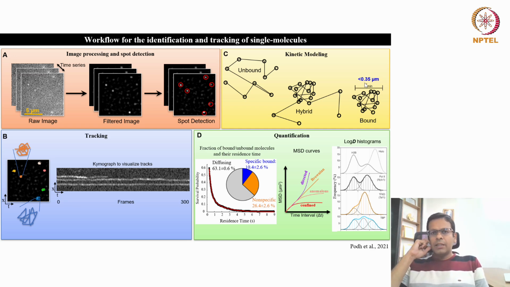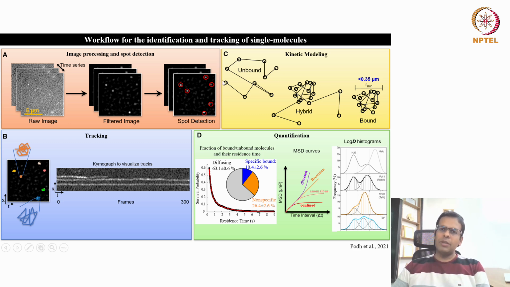And we observed that the histone proteins, if you track them, do not move more than this distance frame to frame. So we can use this distance to determine whether a molecule is bound or unbound, because histones, which are already known to be chromatin bound, do not move more than this distance. Basically, if the molecule makes smaller jumps like this, frame to frame, then it is a bound molecule. If it is a free or unbound molecule, it makes larger jumps like this.